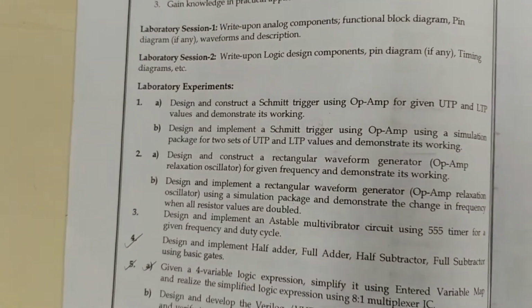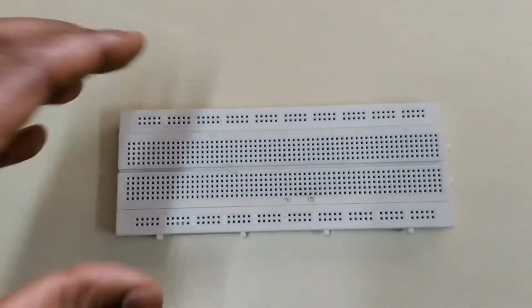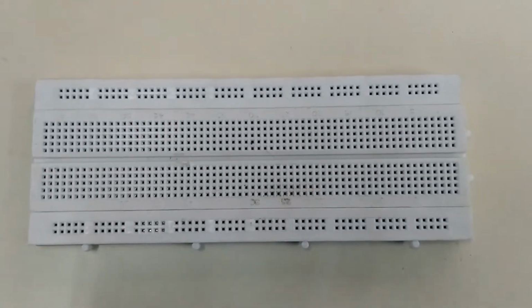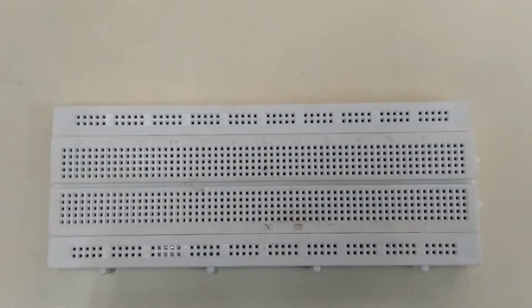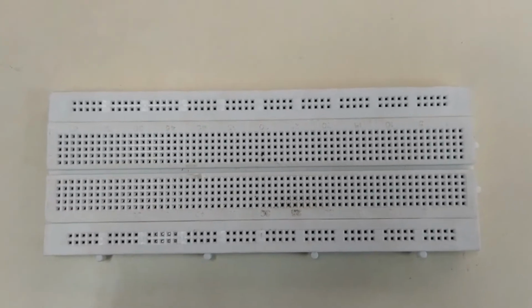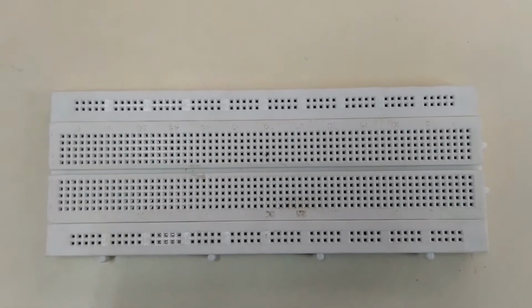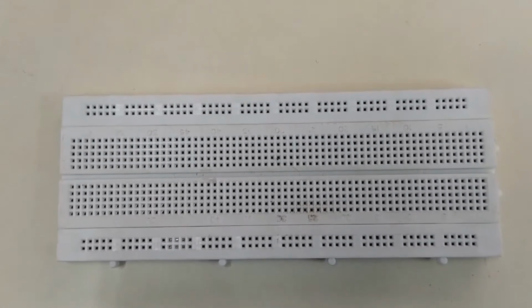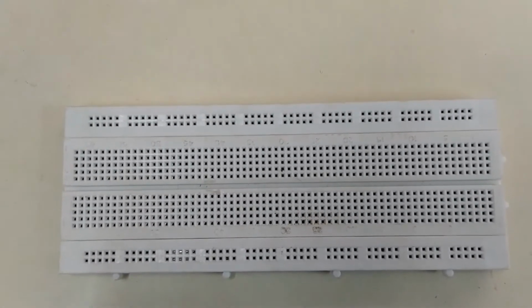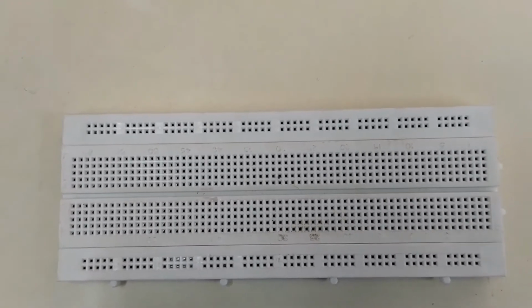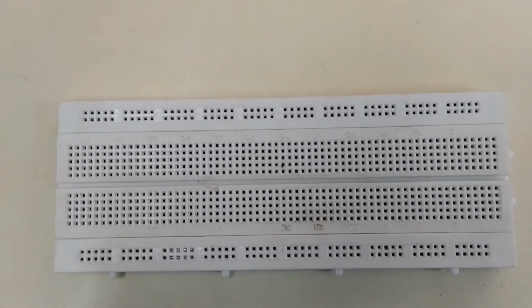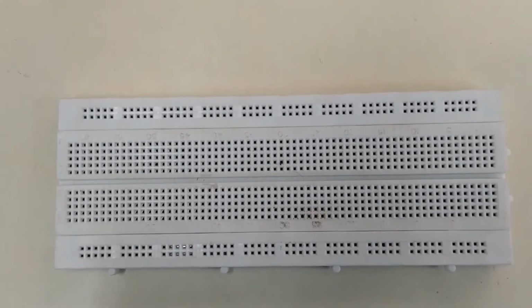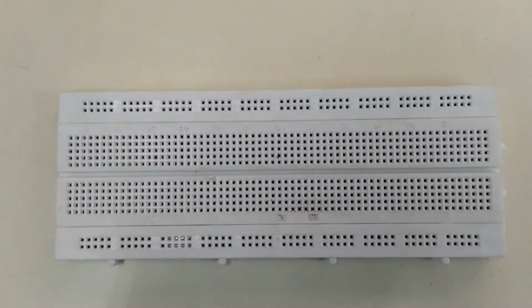The very first component what I need to get familiarized with here is the breadboard. So the component you are seeing right now is called a breadboard. This is the base on which we are going to keep all the components a circuit contains. It may be a resistor, it may be a capacitor, it may be an op-amp, it may be a 555 timer, it may be an IC, it may be wires, or whatsoever the circuit contains. All the components are to be placed in this particular breadboard.